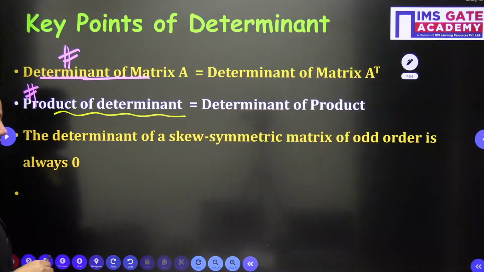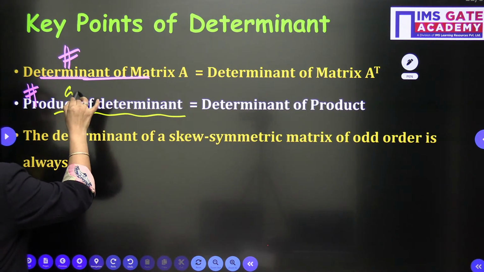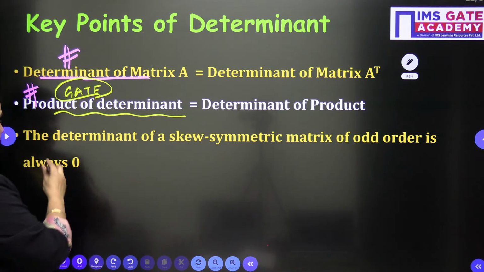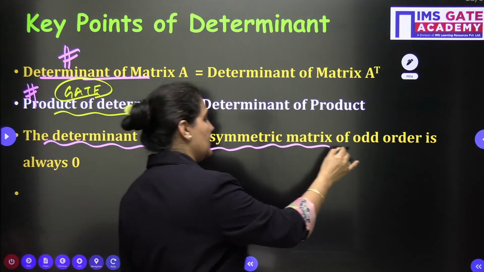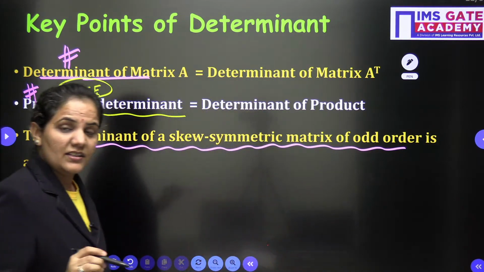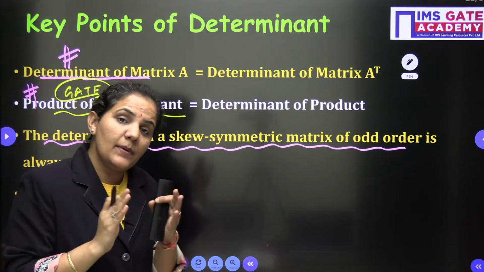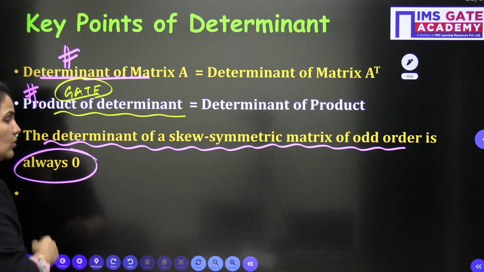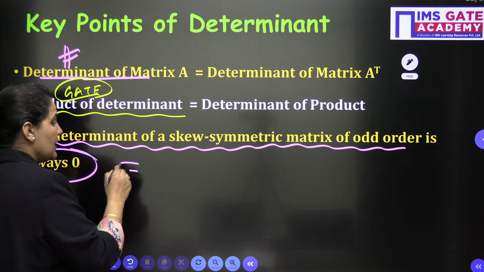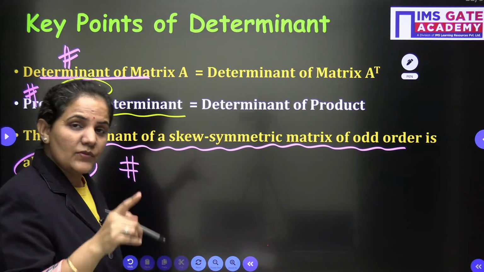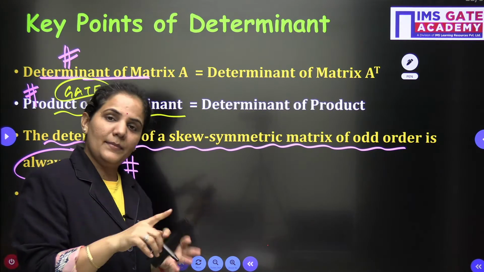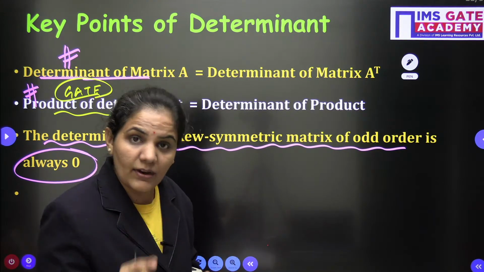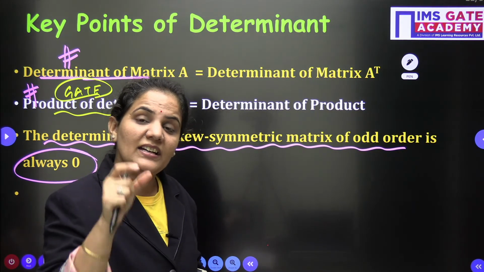Okay, now this is again a very simple property but important, because one GATE question has been asked based on this property. Let's talk about the next one, the determinant of a skew symmetric matrix of odd order. This directly you can use. The determinant of a skew symmetric matrix of odd order is always 0. One more thing you can add here: if the matrix is skew symmetric and the order is odd, then the determinant is 0. But if the matrix is skew symmetric and the order is even, then the determinant will be